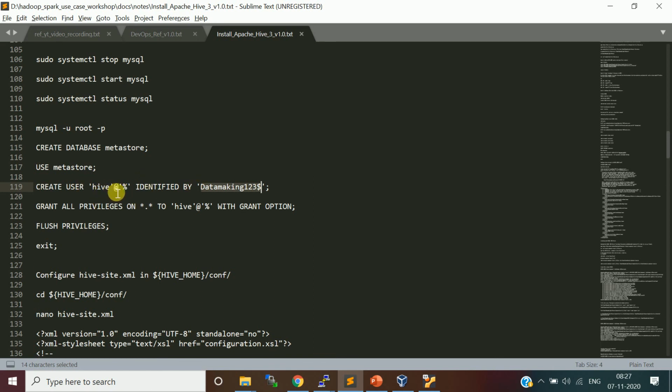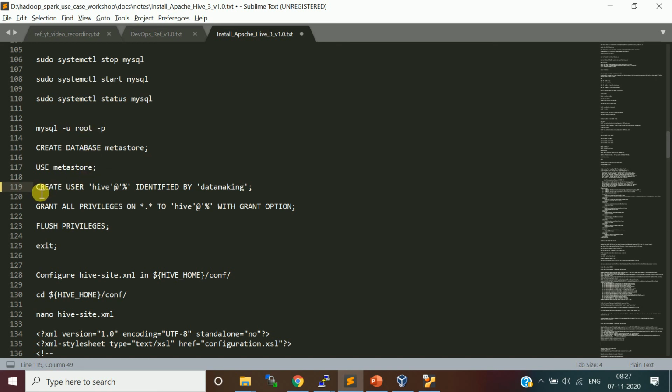Sorry, I'm already having the setup script, where I set the password as data making $123. I'm already using this in the shell script, XML script. You can use it, or you can change it to a simple password. I'll just make it data making also. I already have a root user, and the password is data making.